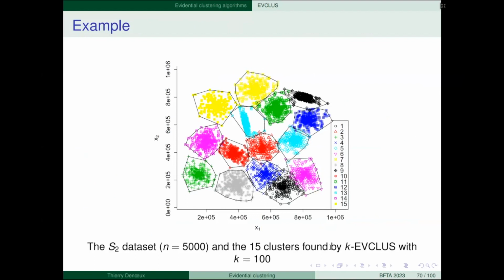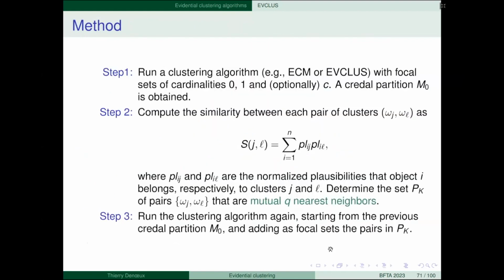And so the method is this. First, we run a clustering algorithm with focal sets of cardinality 0, 1, and maybe c. You can even use a hard clustering or fuzzy clustering algorithm. Then you obtain a Credal partition, but the masses are only on the singletons.